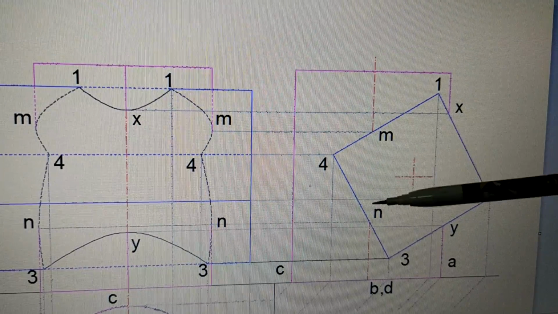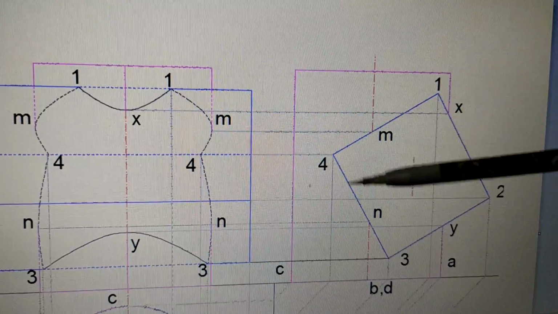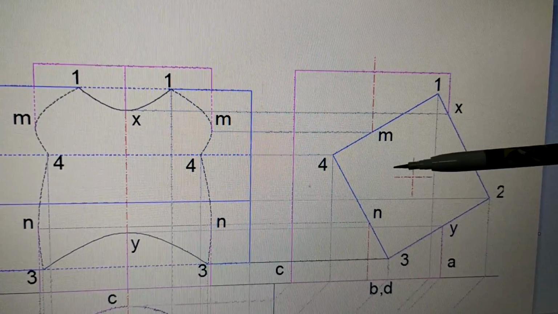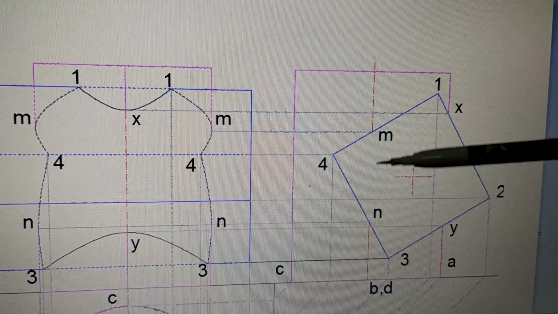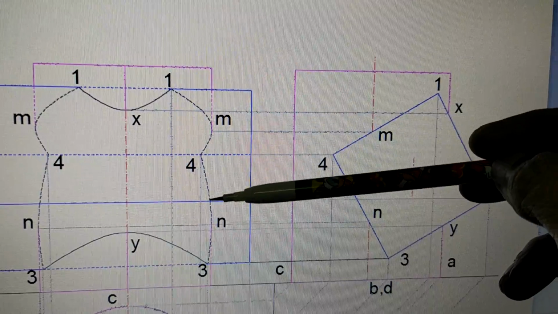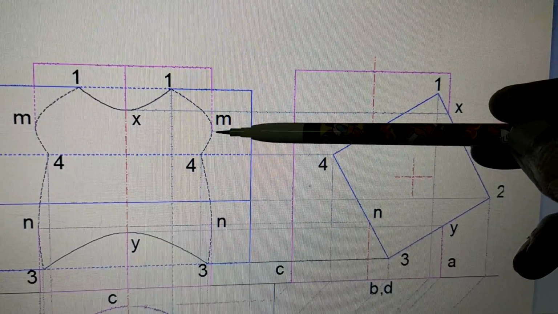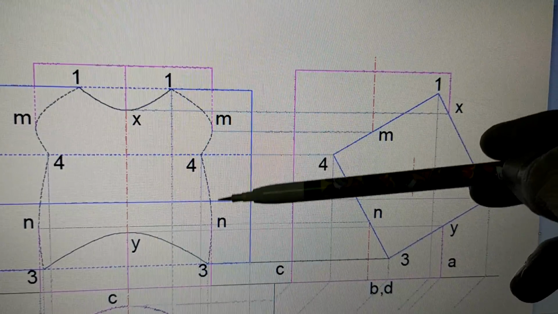Now, what is happening here between M and N? Between M and N, the cylinder is cut, and in this square hole the square prism is put. So between 1 and M there is nothing existing. Therefore, M and N is not joined. The line which was drawn here at the start is not there between M and N. Between M and N, there is no line.